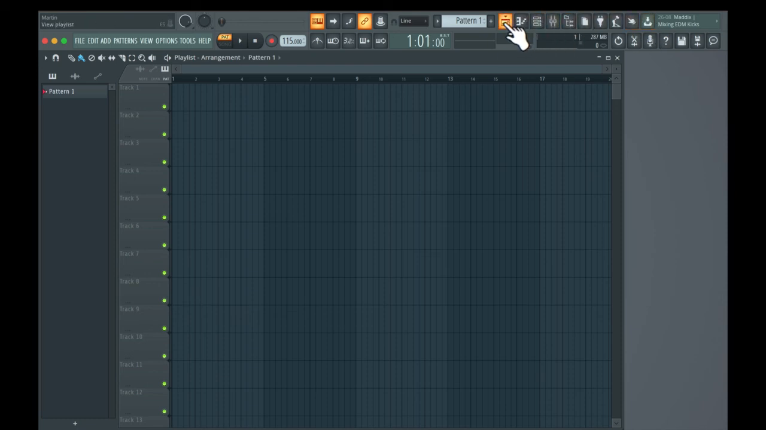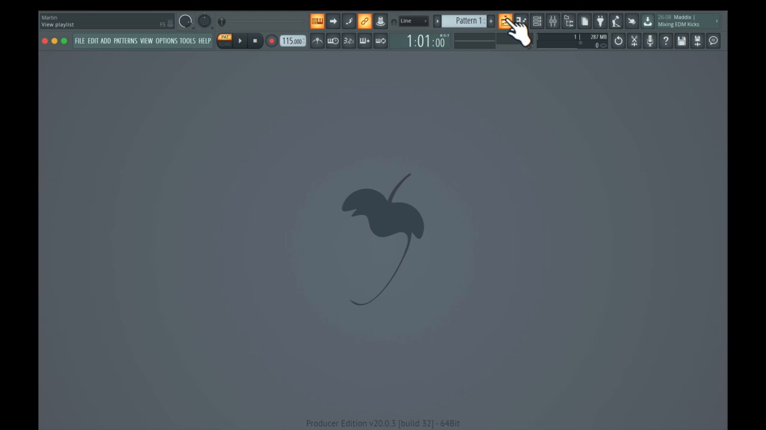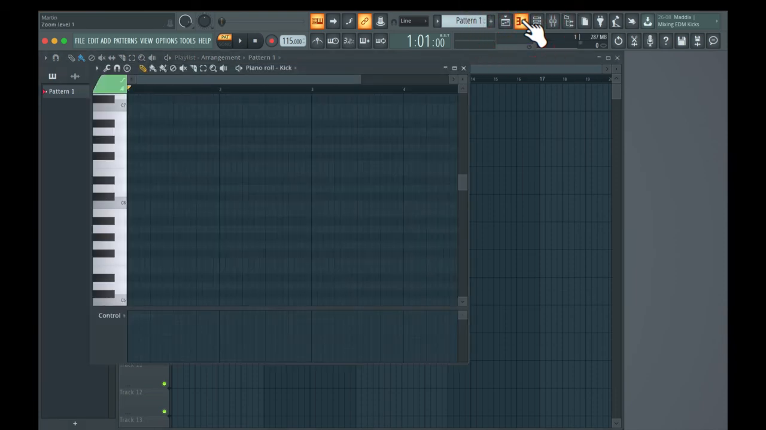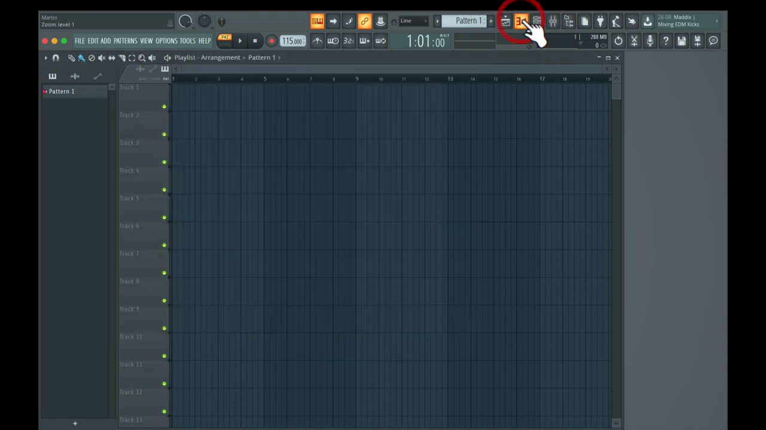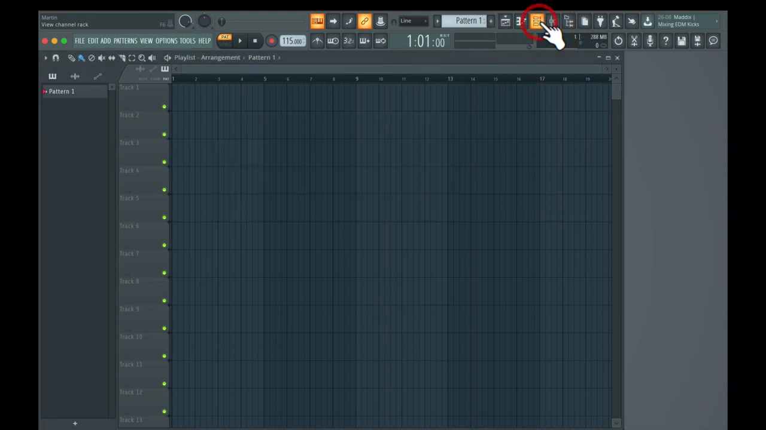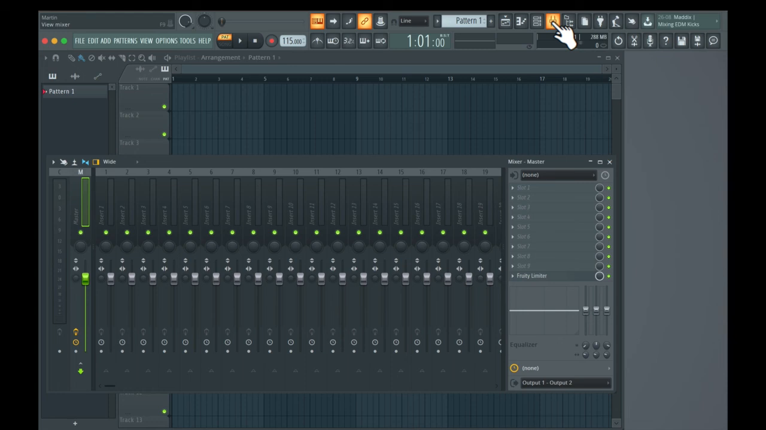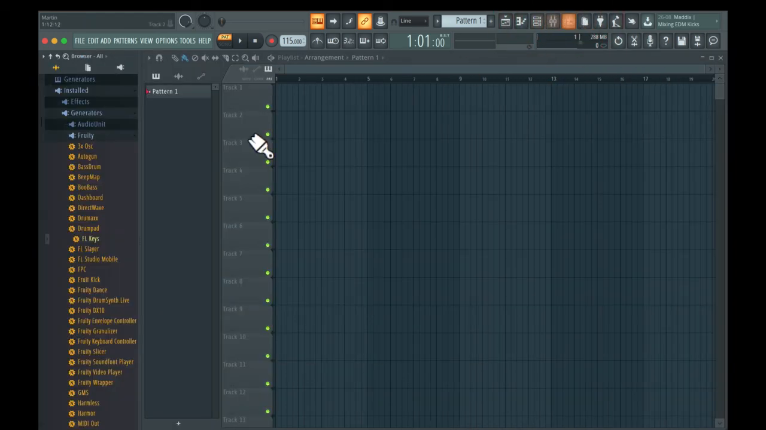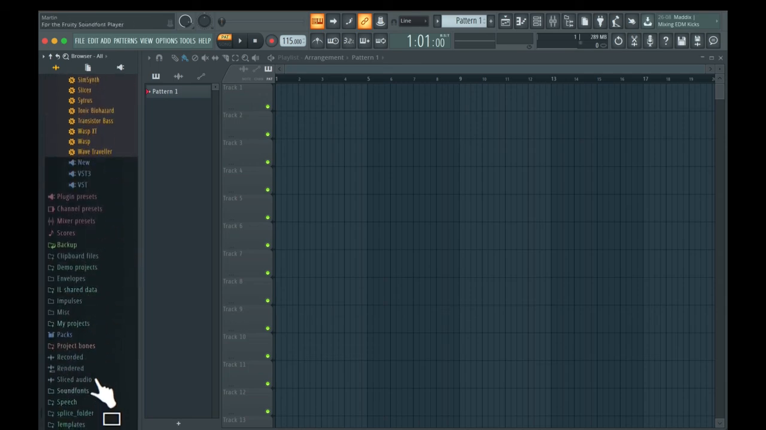Now let's take a look at all of these buttons here. The first one is the view playlist. This is the playlist which is going to have an arrangement in it. You can also enable or disable it by just clicking it and clicking it again. Then you have the next one, piano roll. You enable and disable the piano roll here. Then you have the channel rack. Just enable and disable it. Mixer, like that. Browser and plugin picker. So you have all of your sounds